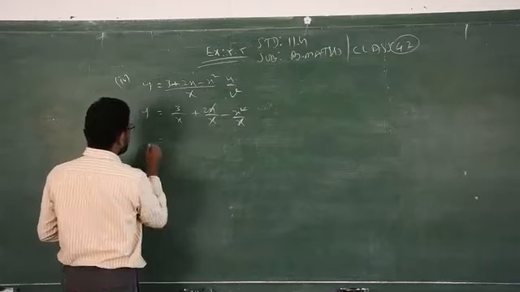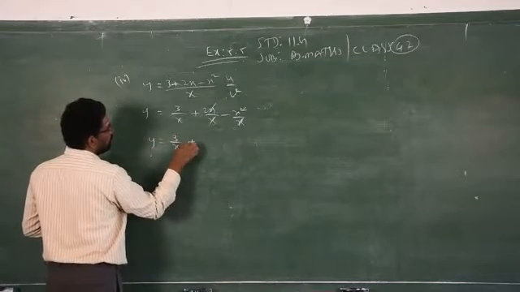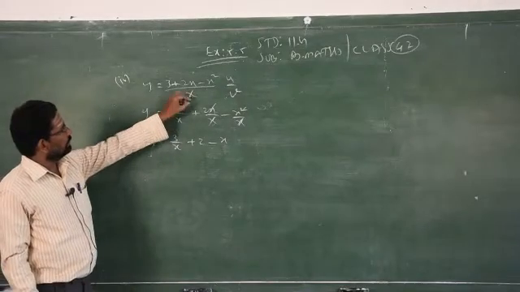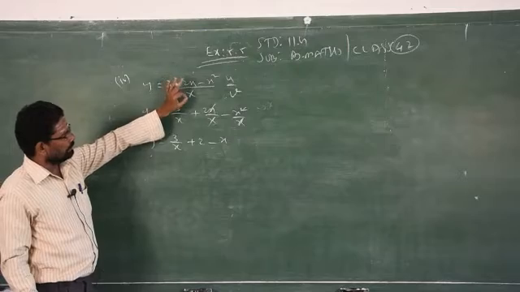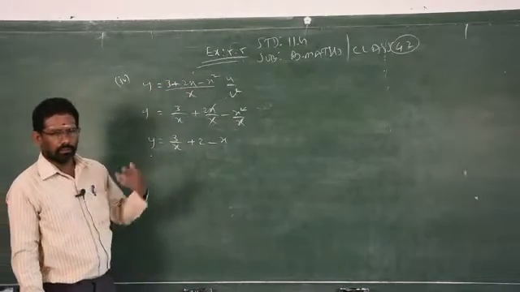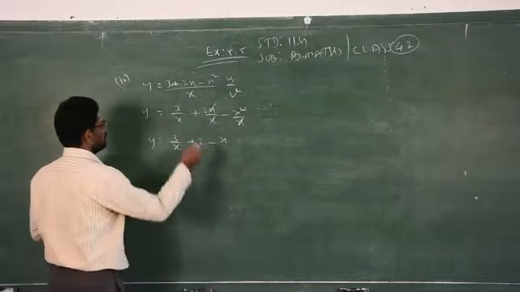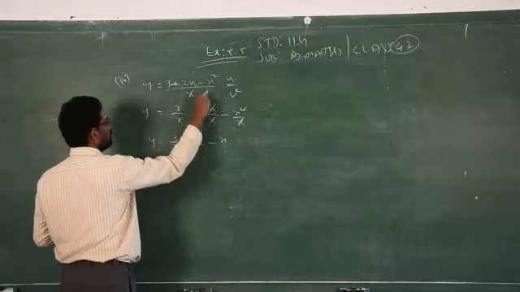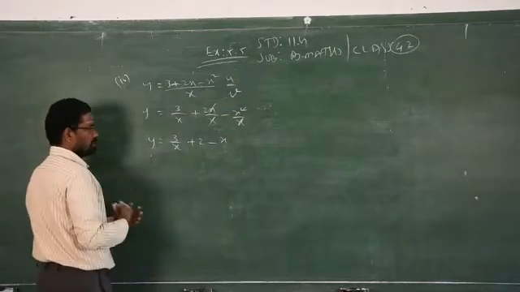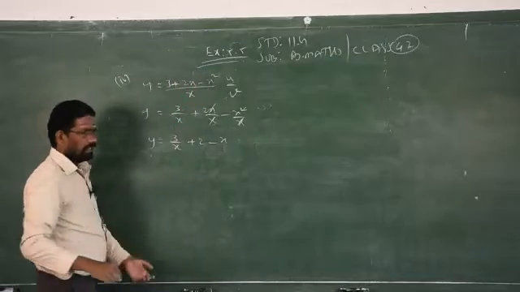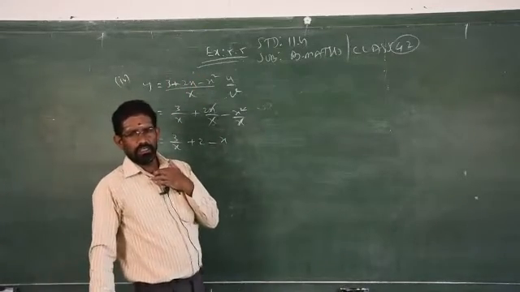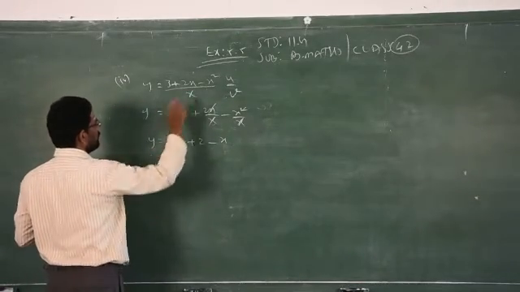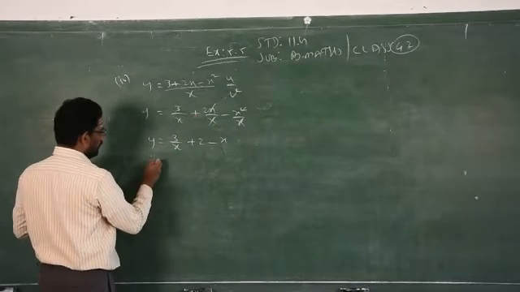Now start to simplify first. x by x gets cancelled, y is equal to 3 by x plus 2 minus x. That's all. You cannot simplify further. Boys, listen, when the denominator consists of only one term, that is only one variable, whether the numerator has 3 terms or 5 terms, just separate the numerator with respect to the denominator, like 3 by x, 2x by x, minus x square by x. You know this already from the lower classes, how to express when the denominator is only a single term. So based on the lower class concept, I have separated the numerator with respect to the denominator. Then I simplified it and got the answer for y.